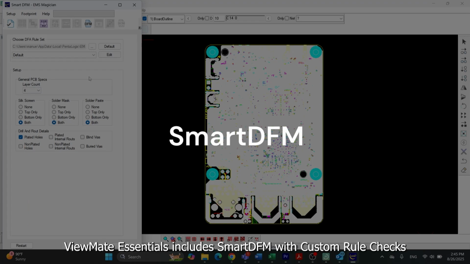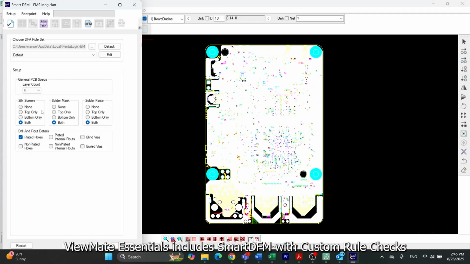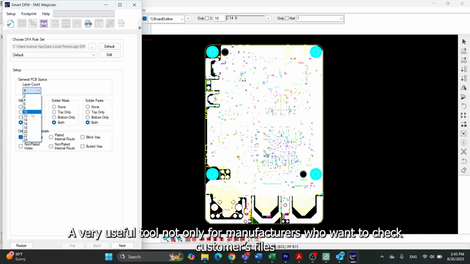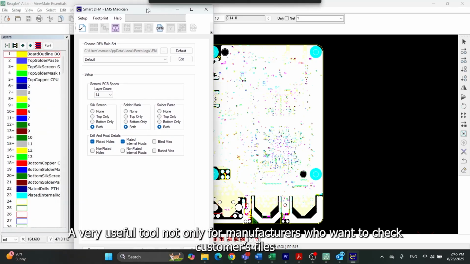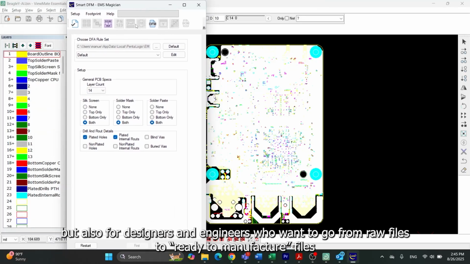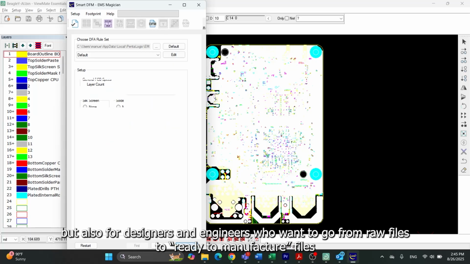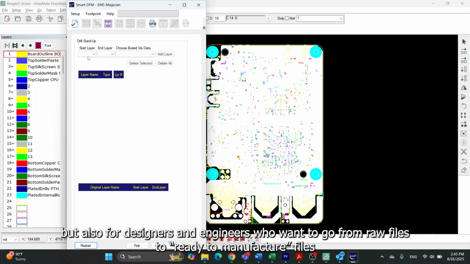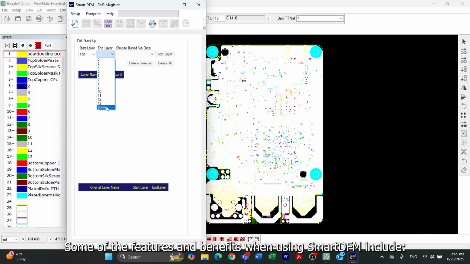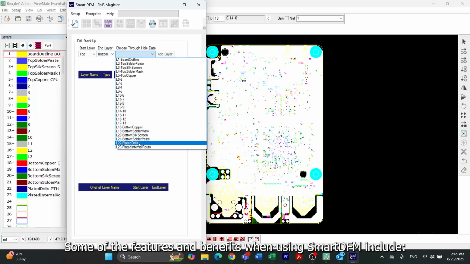SmartDFM. ViewMate Essentials includes SmartDFM with custom rule checks. A very useful tool not only for manufacturers who want to check customers' files, but also for designers and engineers who want to go from raw files to ready-to-manufacture files. Some of the features and benefits when using SmartDFM include: